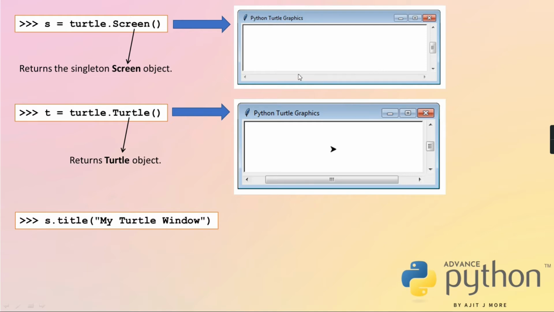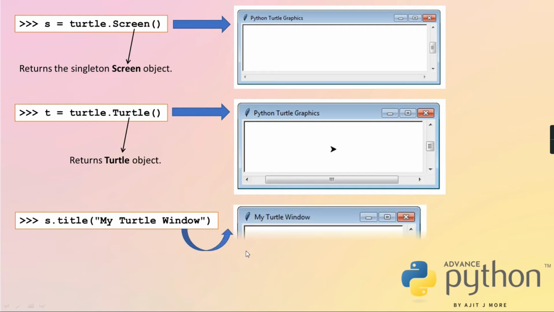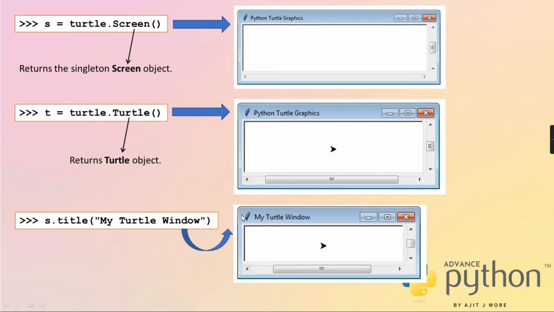In tkinter also, when we created a window, this feather symbol used to come, isn't it? It means turtle graphics also depends on tkinter for generating this window and handling events. So s.title and give the title. Once you set the title, you can see it shown on the screen.